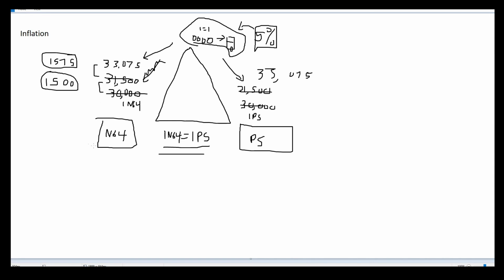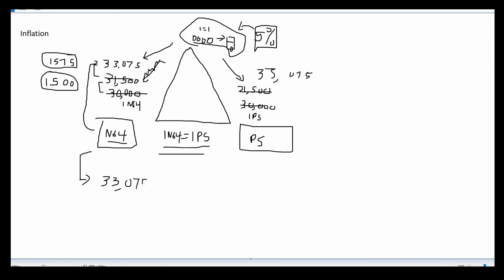And if you have an N64, you're thinking now, well, what if I just sell my N64 and sell it for this? Then I would make money, right? People think, oh, I bought it for 30,000 tokens. I could sell it for 33,075. I made tokens, right? So guess what I'm going to do? I'm going to sell my N64 back to Rutgers. If you could do this, this would be sweet, but you can't. So I'm going to sell this, and I'm going to cash out and get